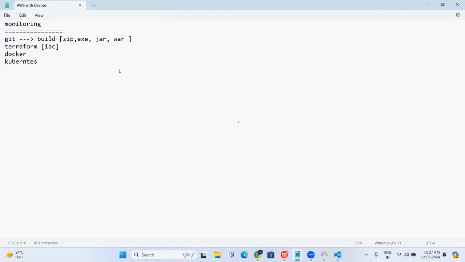Previously we used to have physical machines, then virtual machines came. Nowadays people are using microservices, Docker or Podman. Different microservice solutions are there. You can use those. We'll learn Docker and Kubernetes in detail.